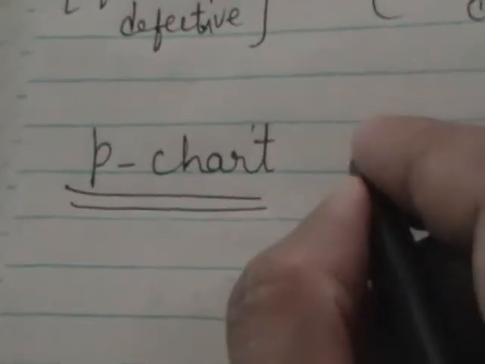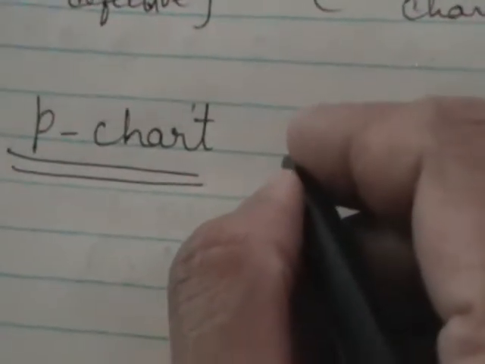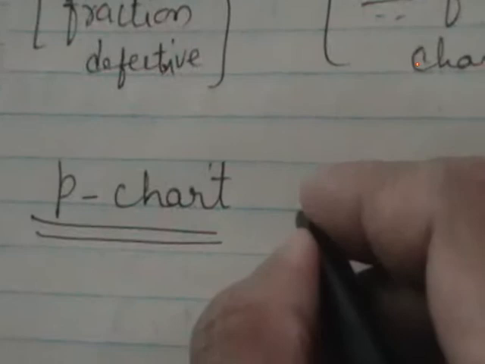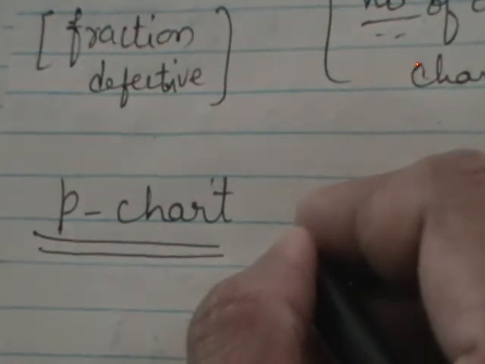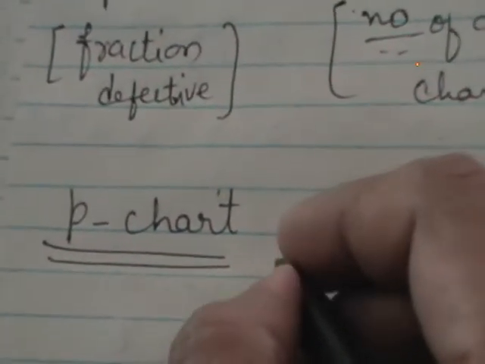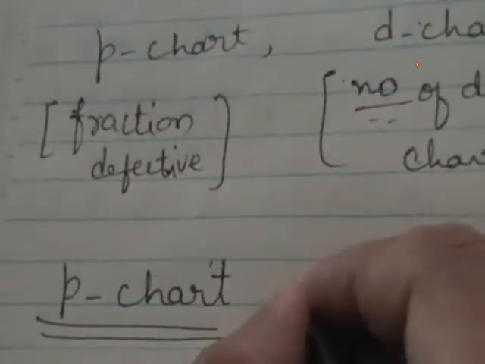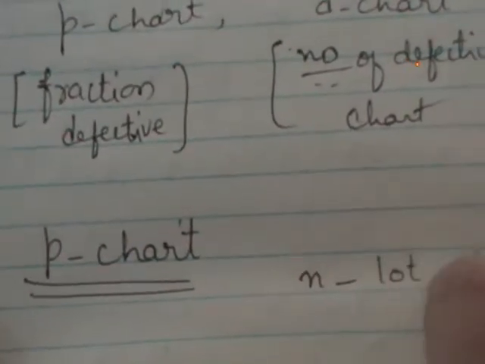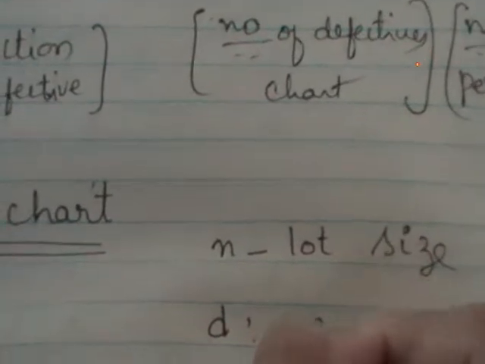Do you remember the proportion which we tested for single proportion and difference of proportions, which we discussed in the previous semester? How do you define the proportion? You define P is equal to x by n, where x is the number of individuals and n is the total sample size. Similarly, as this SQC is related to quality, instead of proportion we use P as the proportion of defectives. So let us consider the lot size. Here onwards we use lot size for n. We have lot size as n and D as the number of defectives in it.